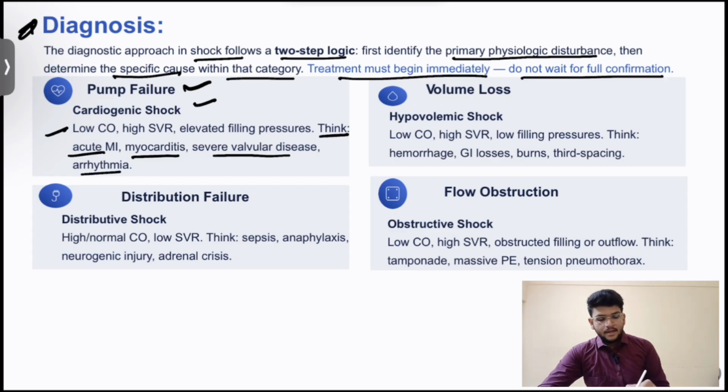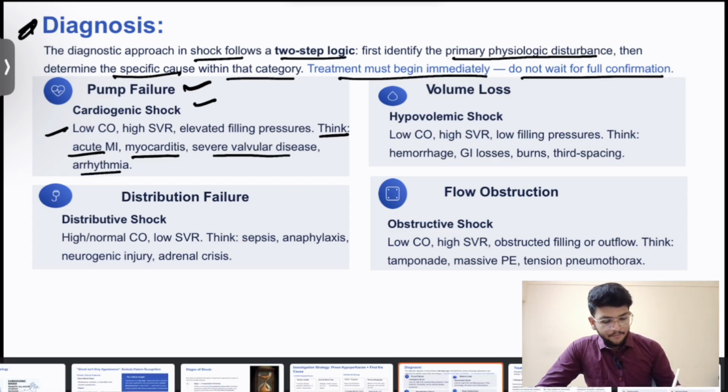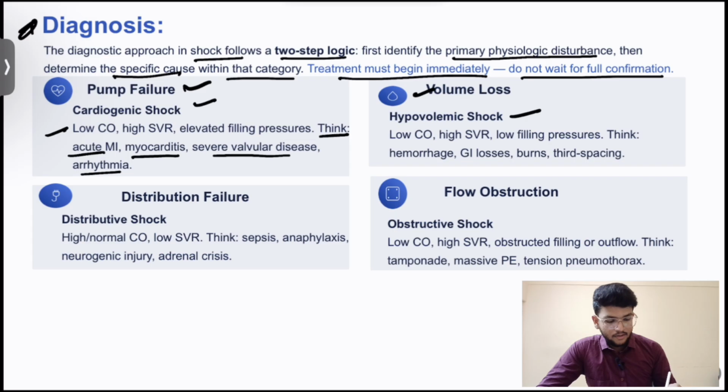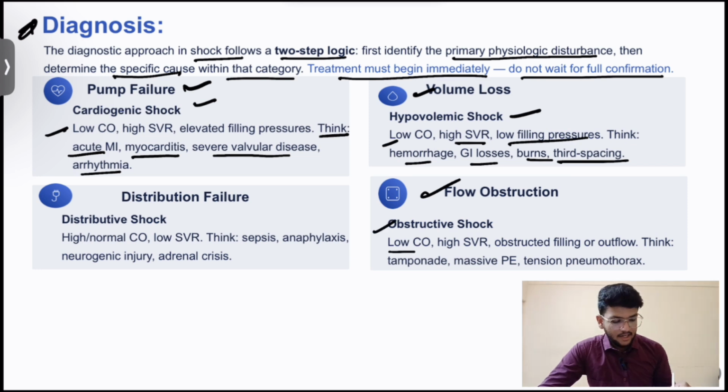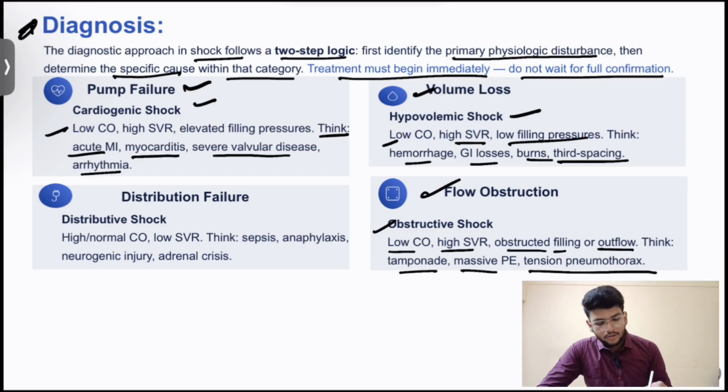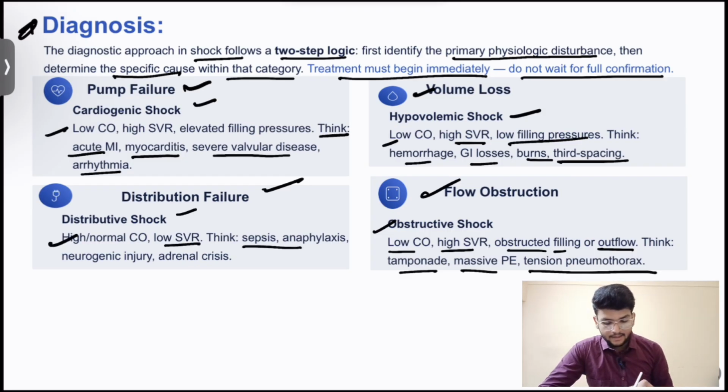and arrhythmias. In volume loss, like hypovolemic shock: low CO, high SVR, low filling pressure; think hemorrhage, GI losses, burns, third spacing. Flow obstruction, where obstructive shock: low CO, high SVR, obstructed filling or outflow; think tamponade, massive PE and tension pneumothorax. Distributive failure, where distributive shock: high or normal CO, low SVR; think sepsis, anaphylaxis, neurogenic injury